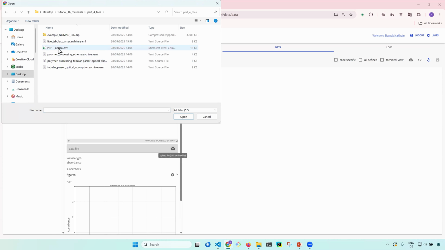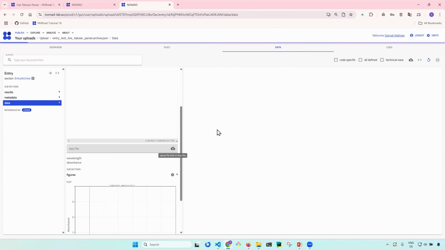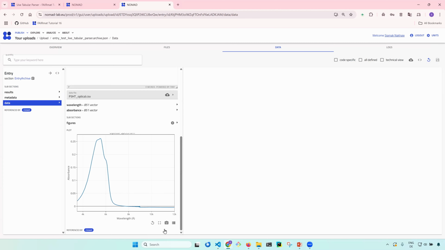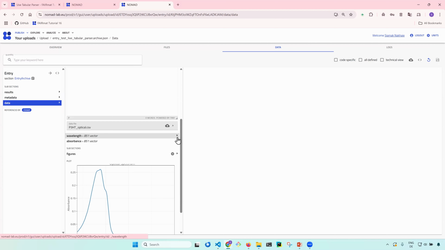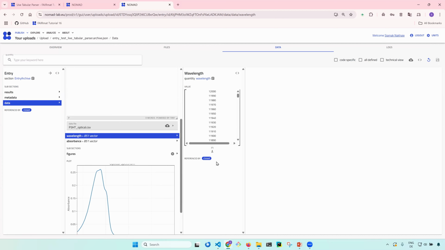And this is the example file that you have already downloaded, P3HT optical. I click open and click on save. And I have this graph now. And I can see already that my wavelength quantity is filled with the values. The unit here is now shown in angstroms, although I had it in nanometers. Even in this graph